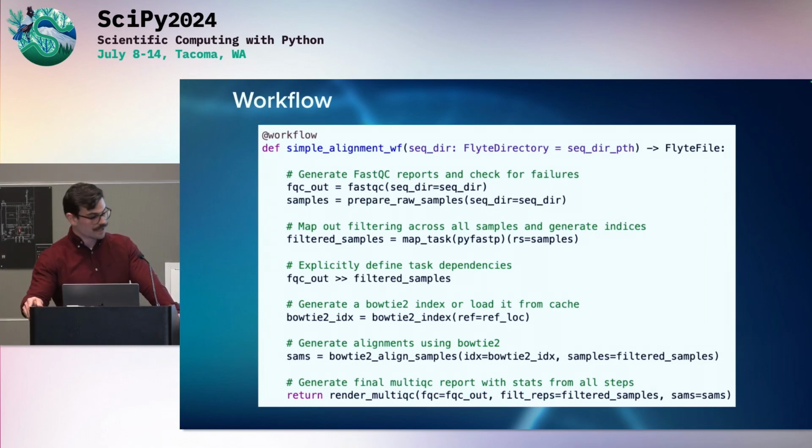Moving along, we're actually getting to the meat of the issue here by generating that index using that shell task I had on the previous slide. So we're passing in a known reference genome. Reflock is just a location in the object store, so it'll pull it in from the object store and generate that index for you. And then you can see bowtie2 aligned samples, pulling it all together with the index and